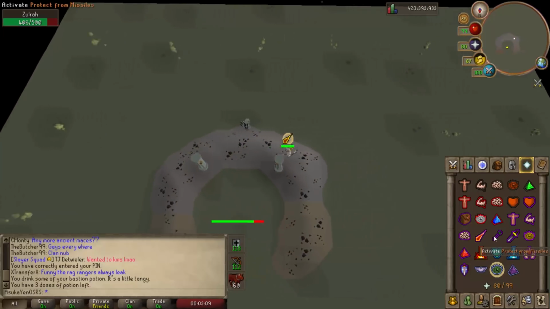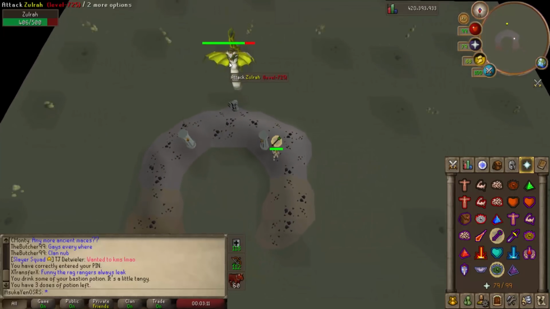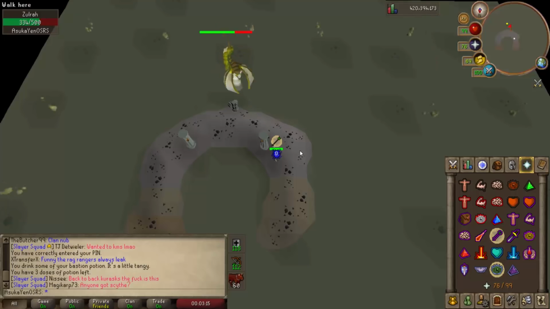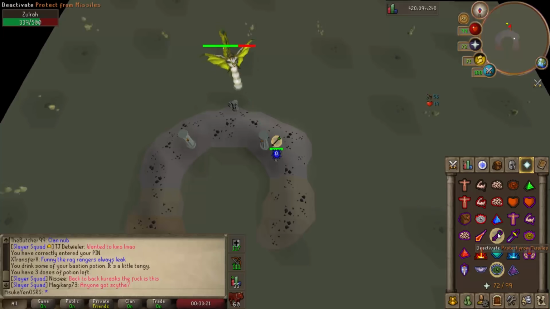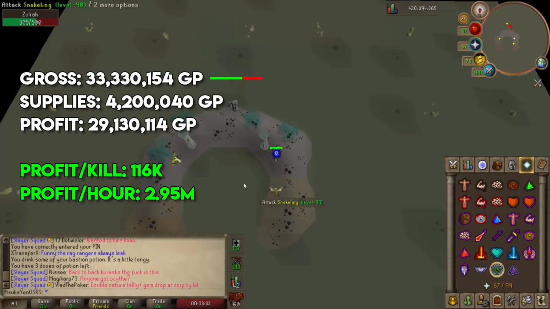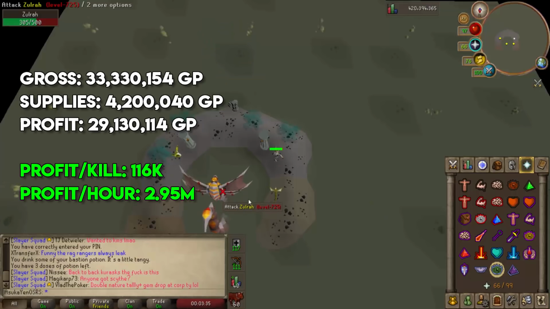Now, as for this, my average kill time ended up being 2 minutes and 3 seconds plus the 12 seconds, giving me a total average kill time of 2 minutes and 15 seconds. And I ended up averaging 5 kills per trip and 25 kills per hour. As for my loot, gross value ended up being 33,330,154 GP with a very low supply cost of 4,200,040 GP, giving me a total profit of